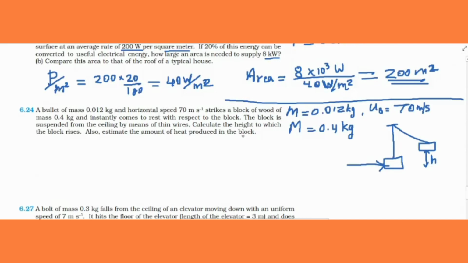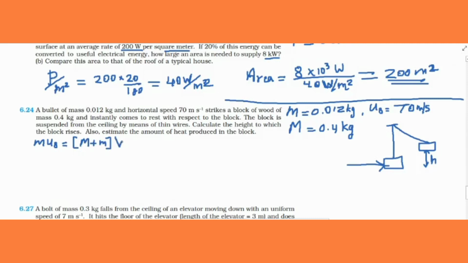Also estimate the heat produced. So these are the concepts given. First of all, it is something like a collision, so we can apply the law of conservation of momentum. By applying the law of conservation of momentum, we have initial momentum m into ub is equal to final momentum (capital M plus small m)